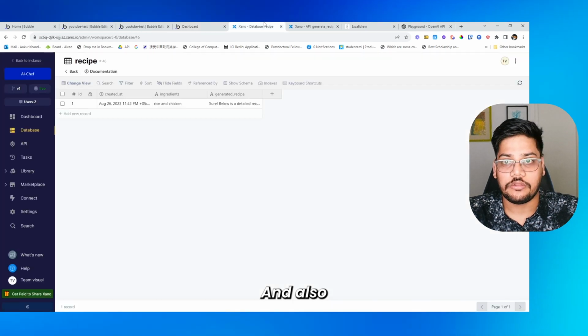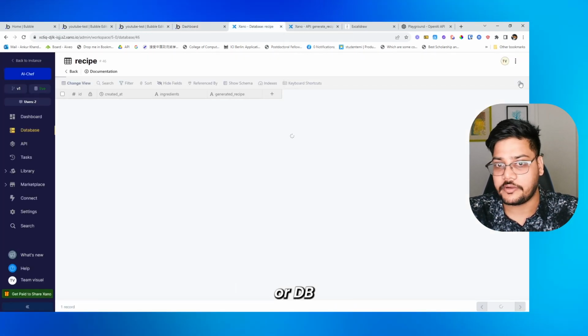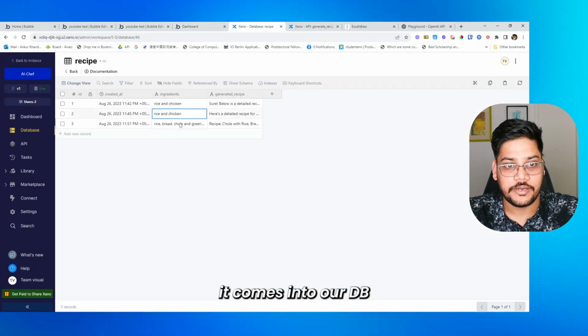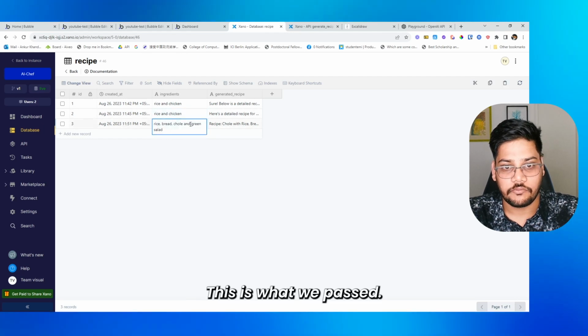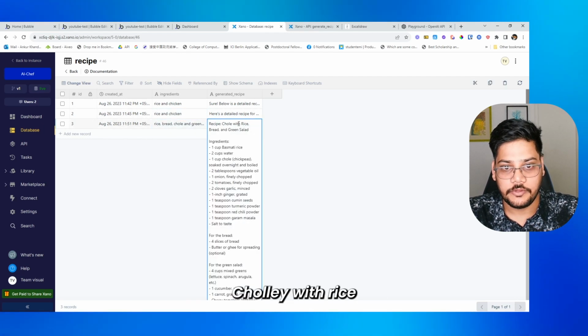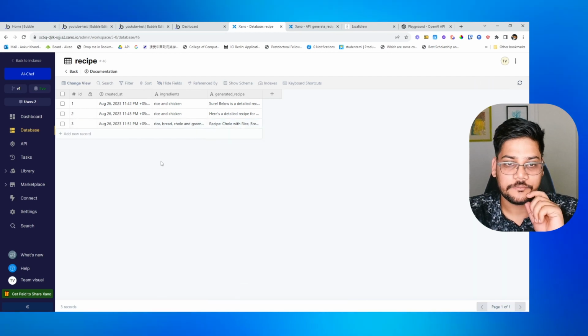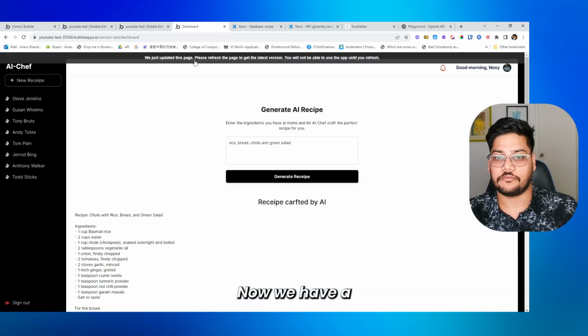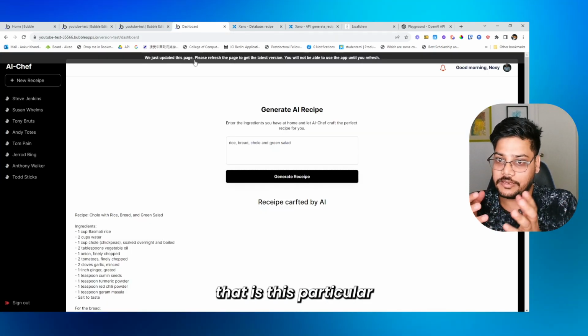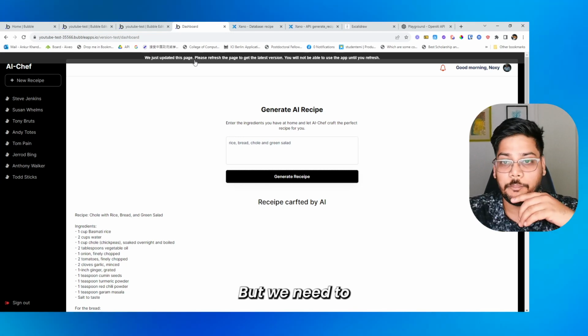Perfect. And also we need to check whether it's coming into our DB. If you see here, it comes into our DB like this one. This is what we pass. This is the recipe chole with rice, bread and all. Now that is perfect. We have a list of recipes that this particular user has generated, but we need to